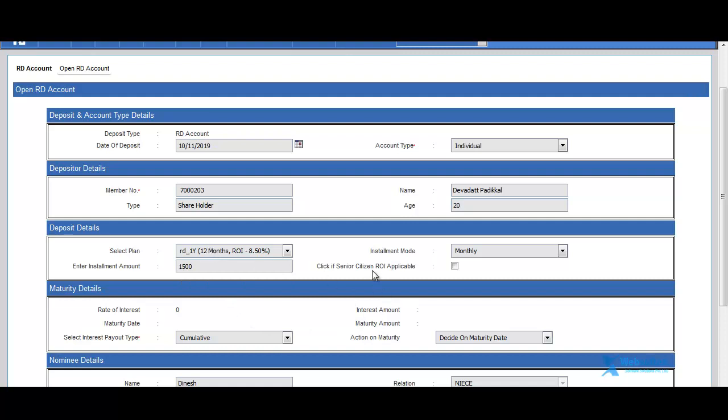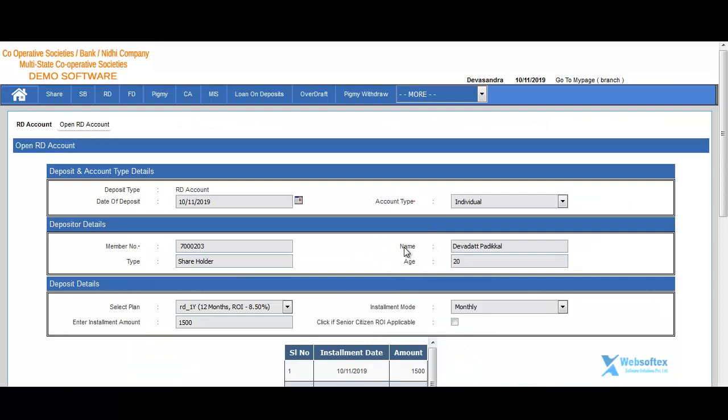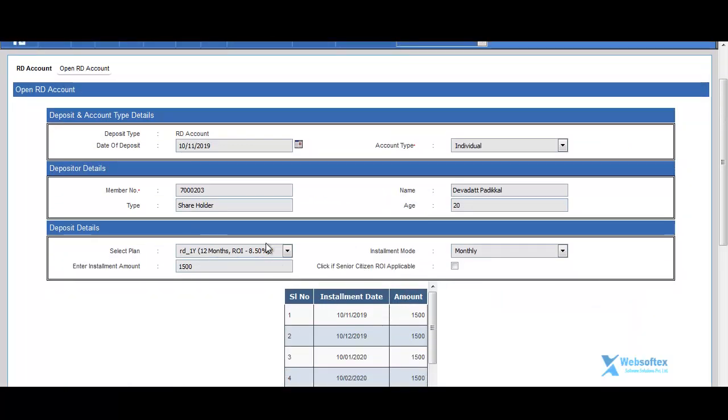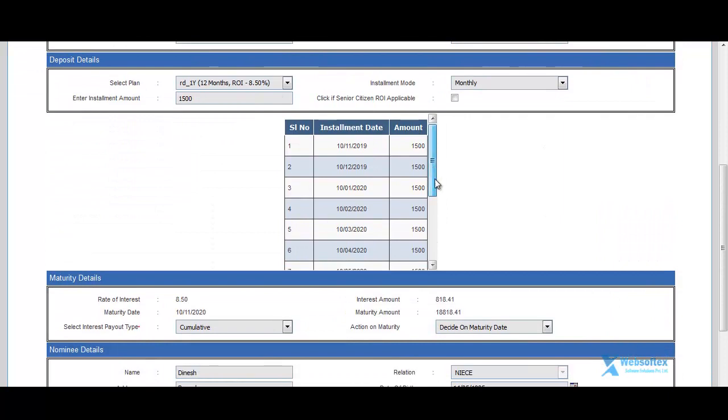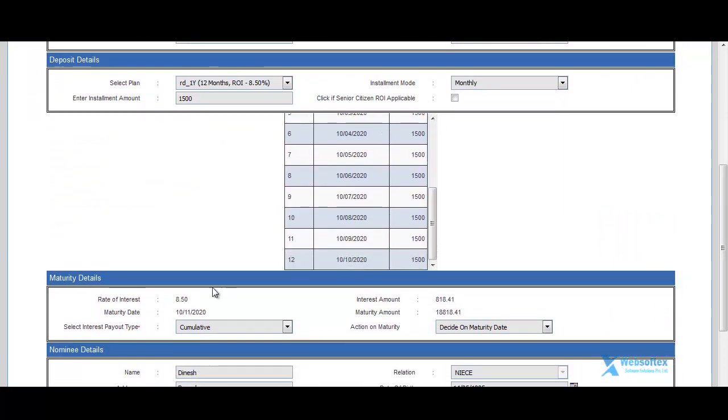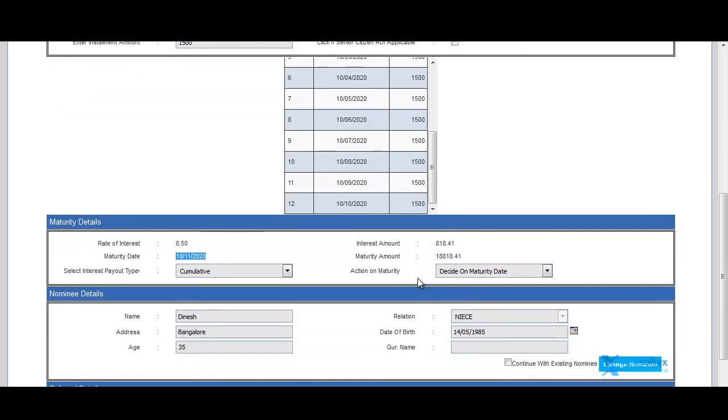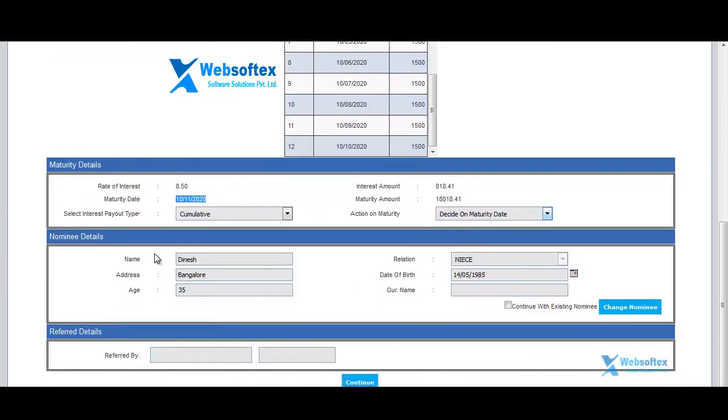If he is a senior citizen, then click on senior citizen, and the senior citizen rate of interest will be applicable. Once you enter the RD installment amount, the installment for each and every month will be shown, and based on the installment you have set, it will show the interest amount, the total maturity amount, and when it is going to mature. Then you need to select the action on maturity, whatever you want to decide, and cross check